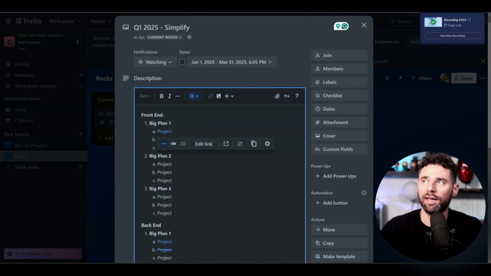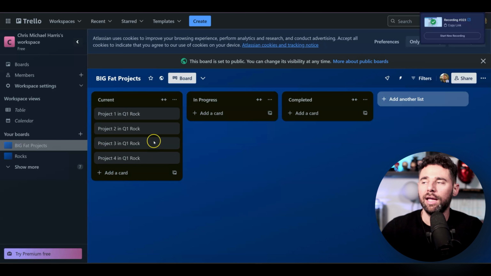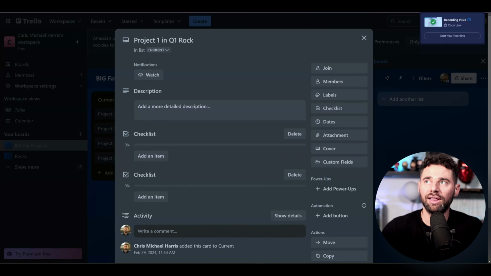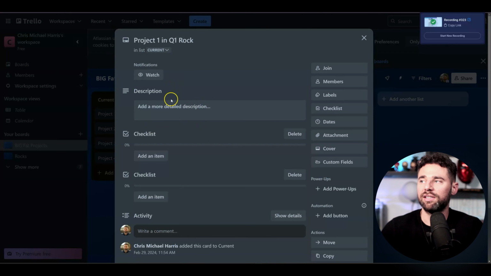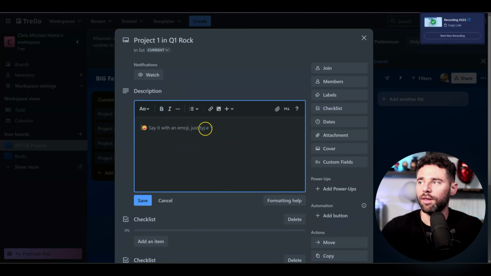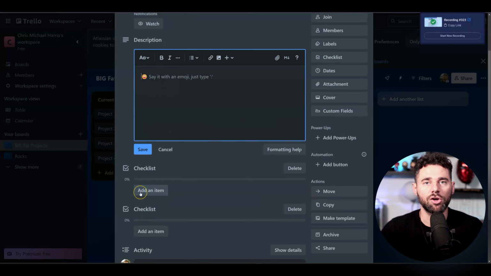So I create a hyperlink, and what you'll see here when I click on that is these are all the major projects for that quarter, right? So we'll make all of the projects that we have that we're working on that are active and ongoing. We'll pull those there, and then we link them in our rock, right? So that we know what everything is, and then each thing has its own dedicated project, all right? So inside of that, I'll give a description, and then we'll do an assignment. So I'll maybe add a member, and then we can add checklists, all the things that need to be done.